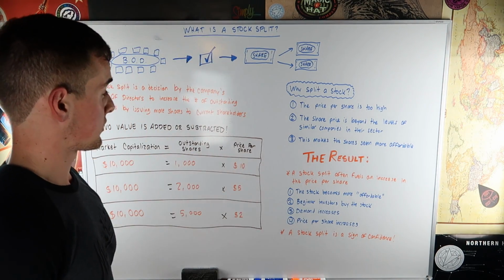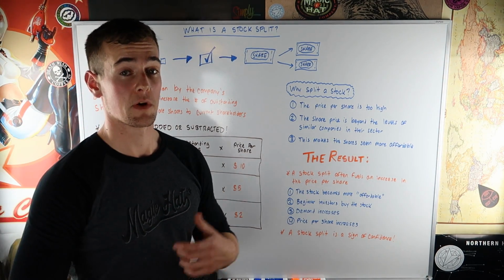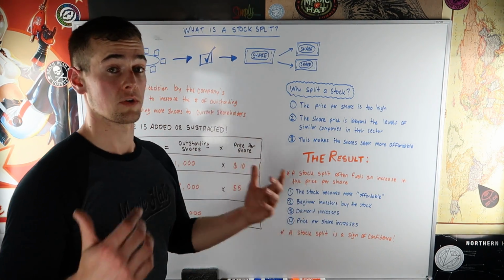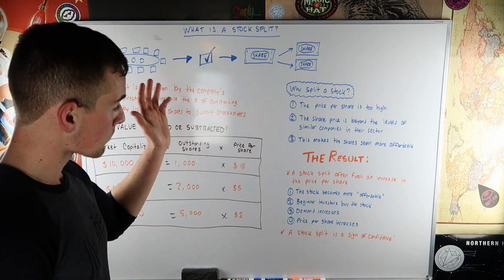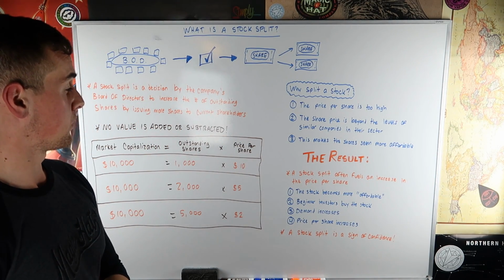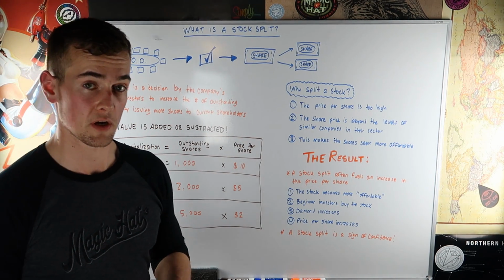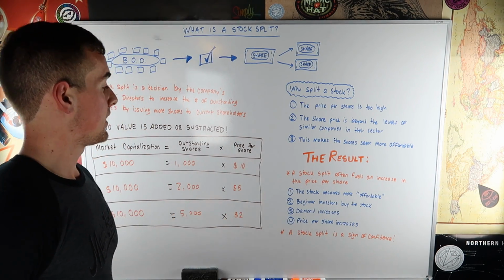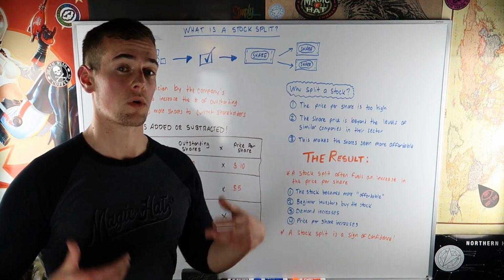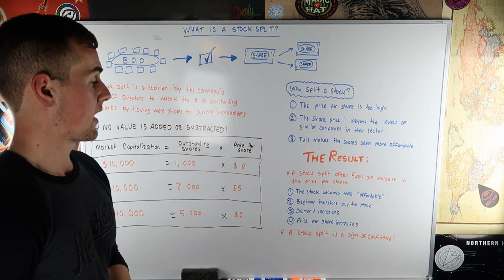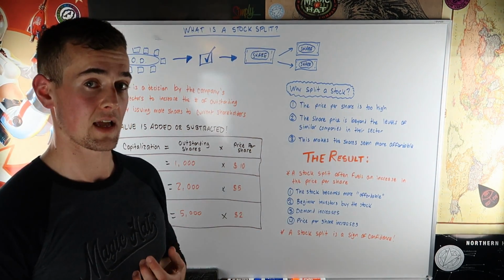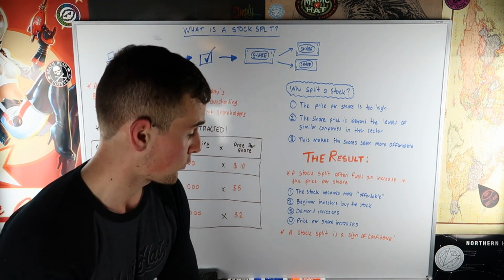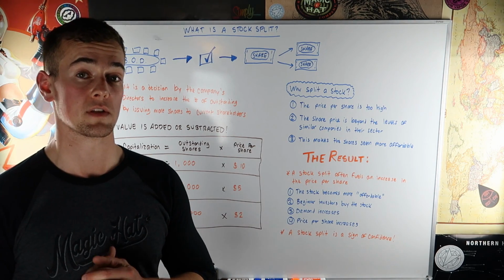So what is the result after we have a stock split? Like I said, it's a very good thing, and investors who hold a stock that gets split up are very excited, and that's for this reason right here. That's because a stock split often fuels an increase in the price per share. And I'm sure you guys can kind of see the reason why. The reason is that because the stock now seems more affordable, a lot of beginner investors or people who are on the fence about that stock now decide to buy that stock. As such, the demand for that stock increases, and then the price per share increases as well.